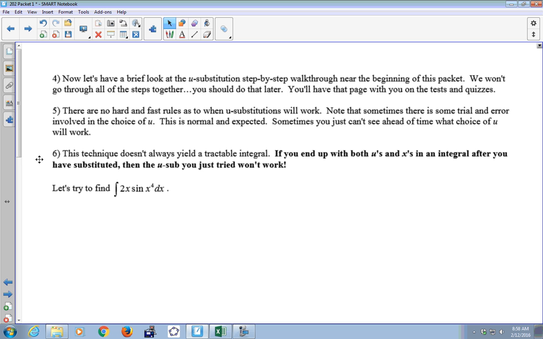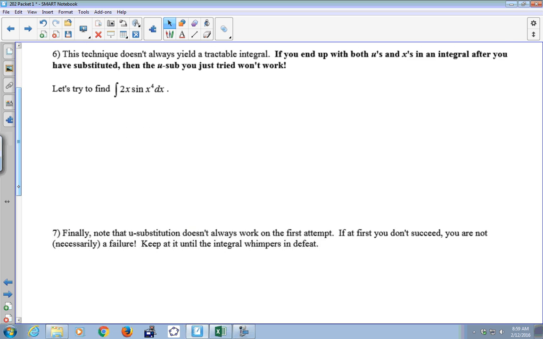So there's often some trial and error involved in the choice of u. That is normal and expected. Sometimes you just can't see ahead of time what u will work, and you might have to try 2 or 3 things before you get it to work. However, this technique doesn't always yield a tractable integral, that is, something that we can take an antiderivative of. If you end up with both u's and x's in an integral after you've substituted, the u substitution you tried typically won't work. So for example, if I want to find the integral of 2x times the sine of x to the 4th dx,